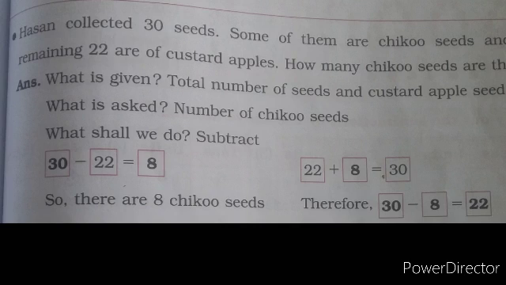Now see here children, which number? 22 plus box is equal to 30. 22 plus 8. So write there 8. So therefore from the example, 22 plus 8 is equal to 30. You can do the subtraction example. You know children, always take the bigger number. So we can take the bigger number 30. 30 minus 8 is equal to 22.